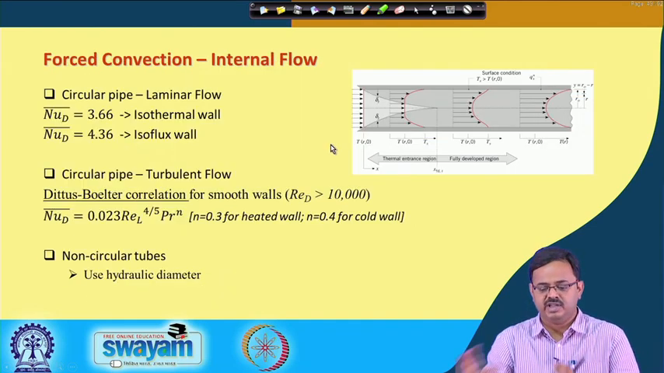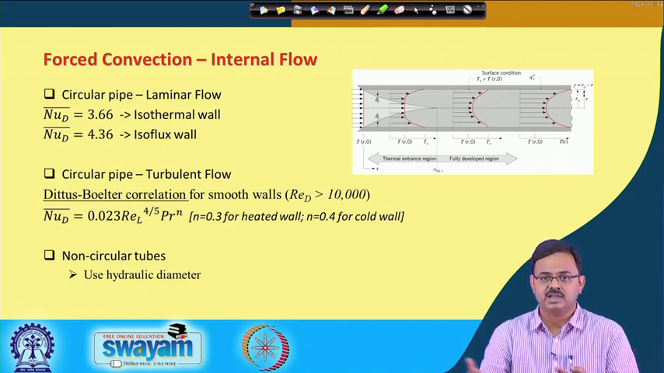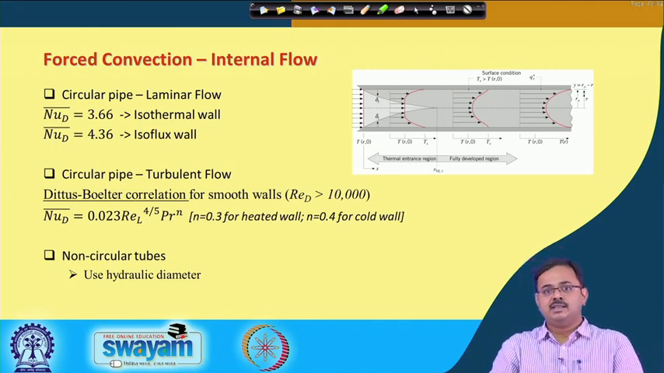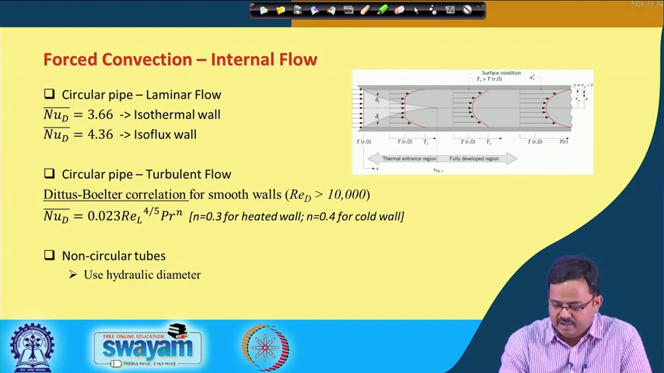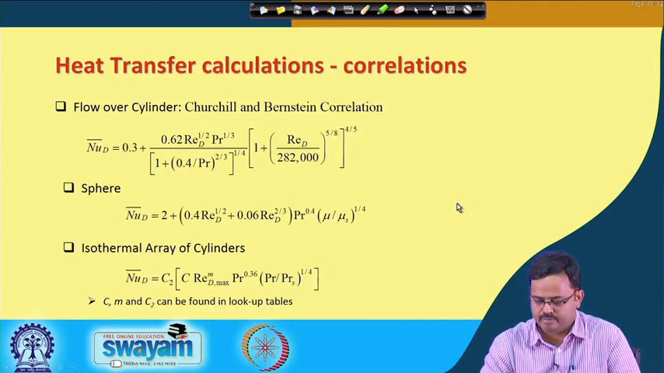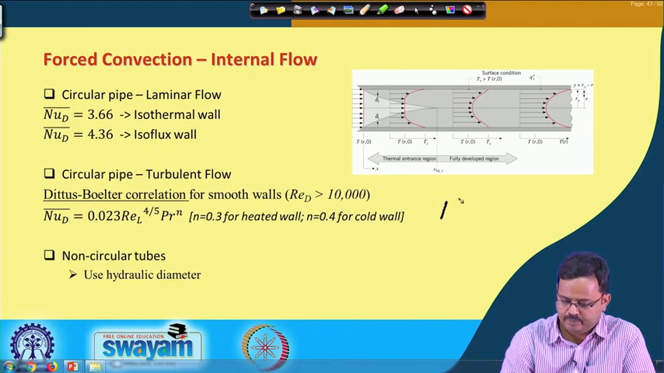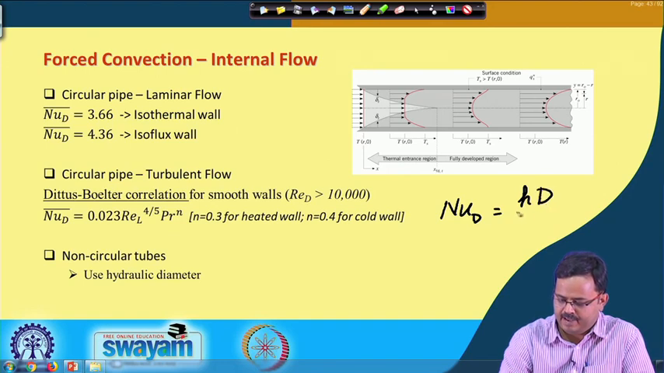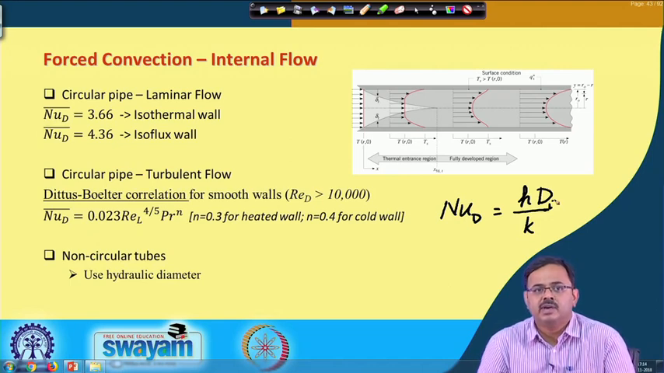Internal flow, forced convection, internal flow. So, these were all external flows. Flow is happening over the body, whether it is over a sphere, over a cylinder, over a plate. Now, if it is flow through a channel or a pipe like this, if it is a circular pipe, the Nusselt number, which is again NuD, is h d by k, and d is the ID, internal diameter. That Nusselt number value comes out to be constant,